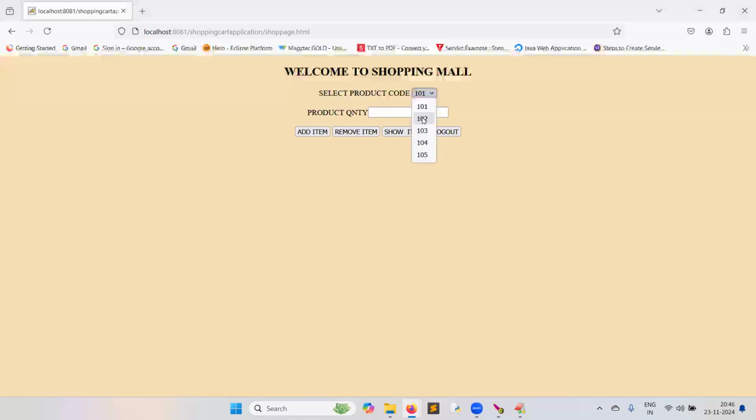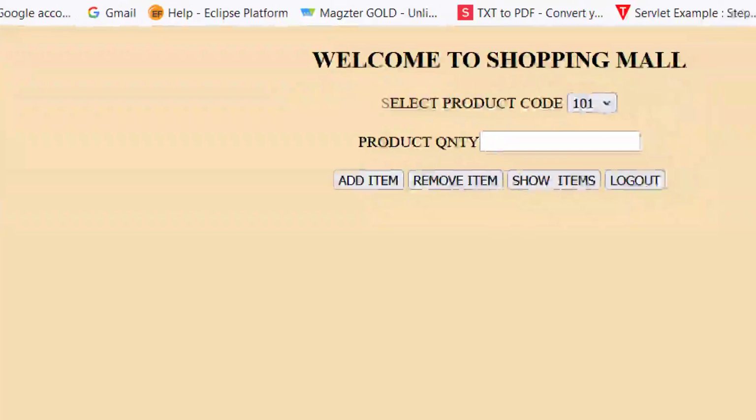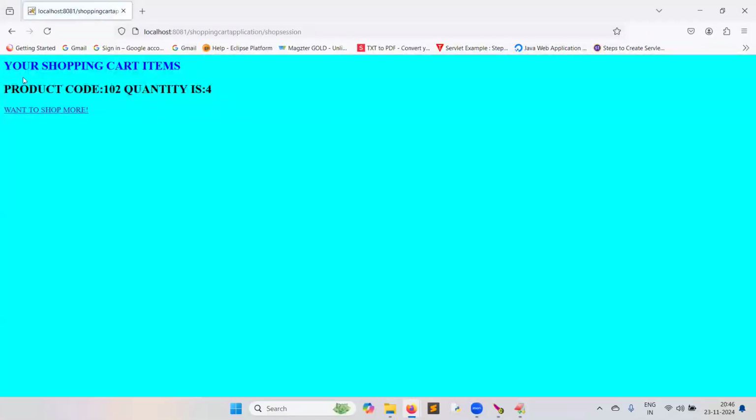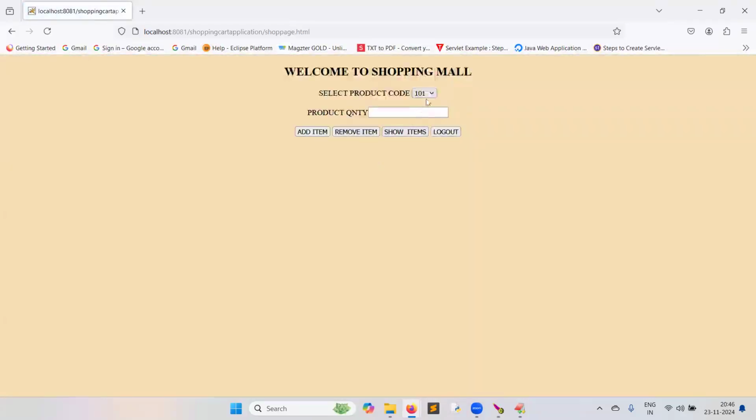I am selecting product code and product quantity: four items of that code, add item. Observe, the same page has come after add item. If you want to see that, show items: product code 102, quantity is 4. Want to shop more? Yes. 105, I need 2 items, add item.